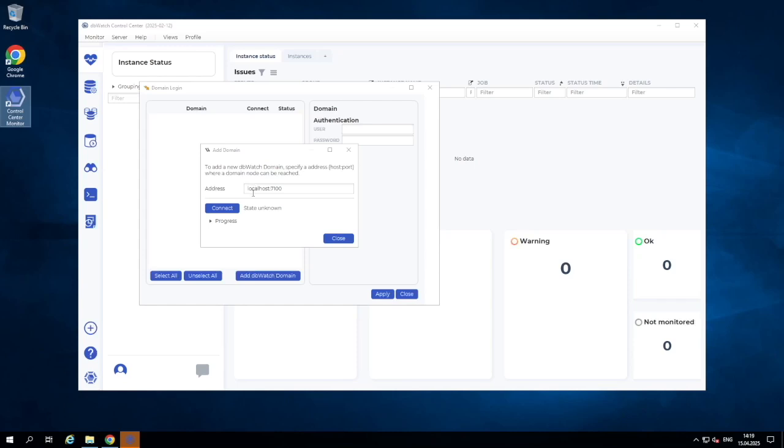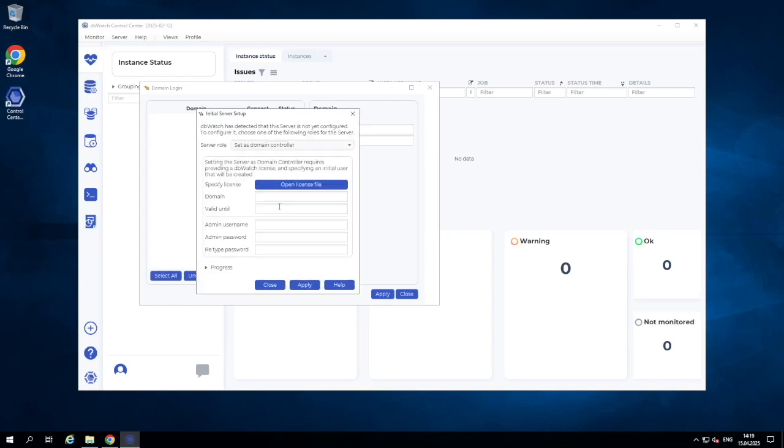And when you install a dbWatch server the first time, it will stay unconfigured until you connect to it the first time. So the default port dbWatch will run on is 7100. And as we did both the server and the client install on the same machine, it will be on the localhost here in my setup.